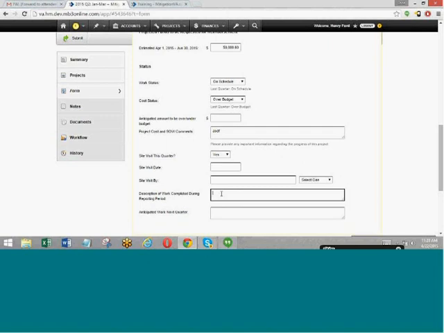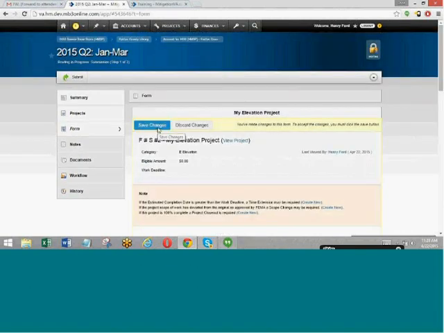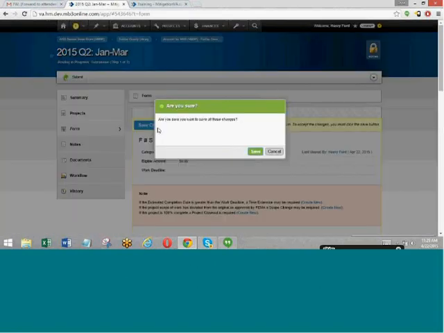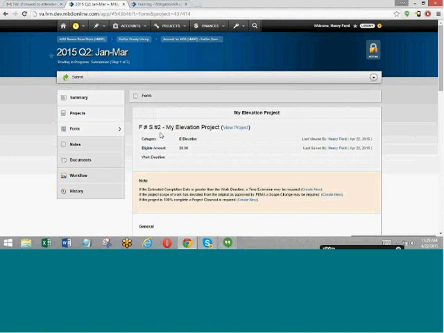Then the description of work that you completed during this quarterly report, as well as the anticipated work for the next quarter. So a lot of information that you can fill in. Once you're done working on a project, you hit the Save Changes button. It shows the changes you've made, and now you can go on to the next project if you have multiple projects on this quarterly report, and do the same for that project. Once you're done and ready to submit, you just hit the Submit button, and that report then goes to BDM for reporting purposes. So that's how easy it is to complete and submit a quarterly report.